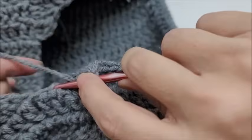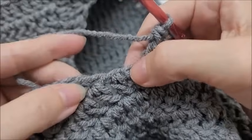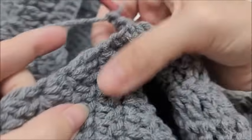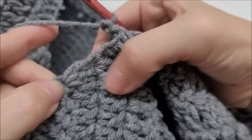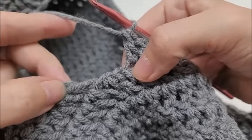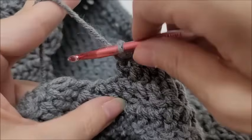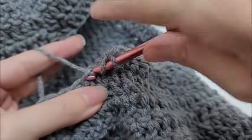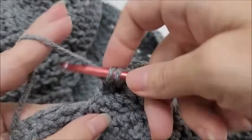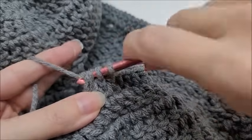Okay, I am at them. So we're going to do the double crochet 4 together again, this one, and then this first row here before we veered off, making it a circle again. Double crochet, double crochet, double crochet, double crochet. Do them all together. So yarn over and go in and draw up a loop, and yarn over and go through the first 2. Remember, you do want to try to do this as tight as you can. Yarn over and go into the next empty one, draw up a loop, yarn over and go through the first